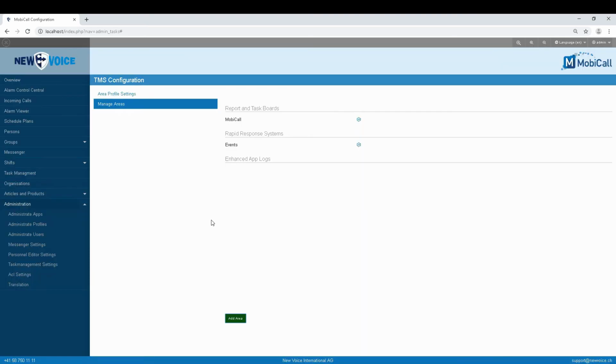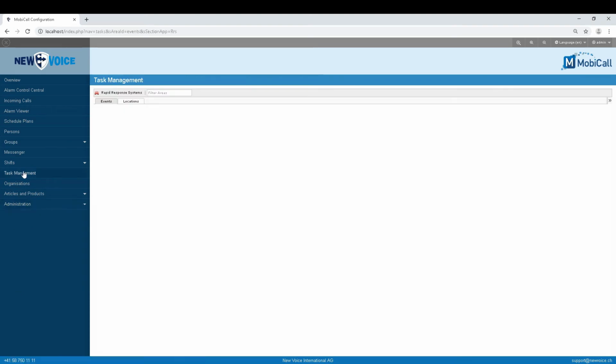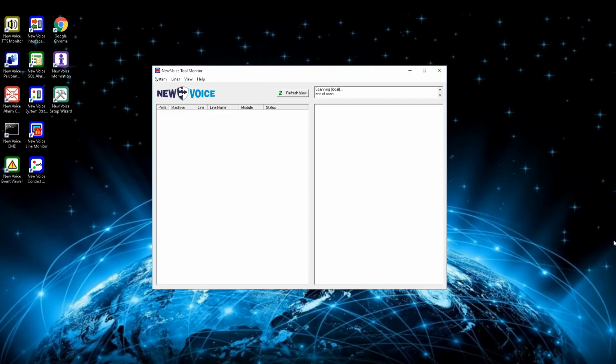On the TMS configuration side, change to area profile settings and activate the newly created areas by activating the checkboxes beside them and press on save at the bottom. Now that the areas exist, it is needed to activate an escalation when the worker is over his given due